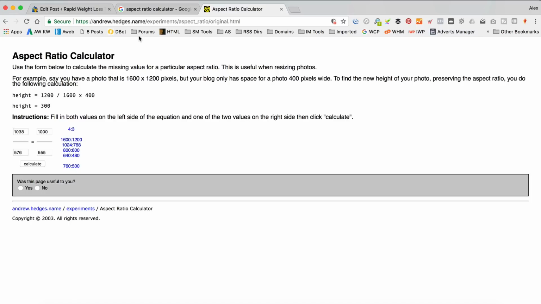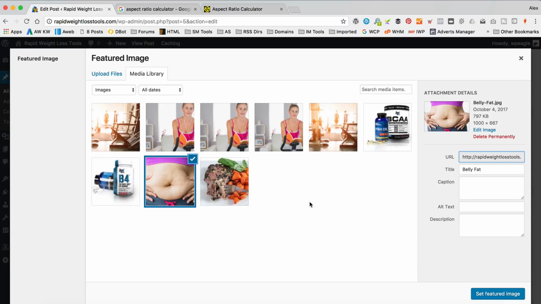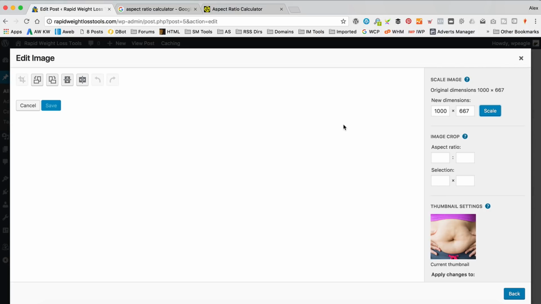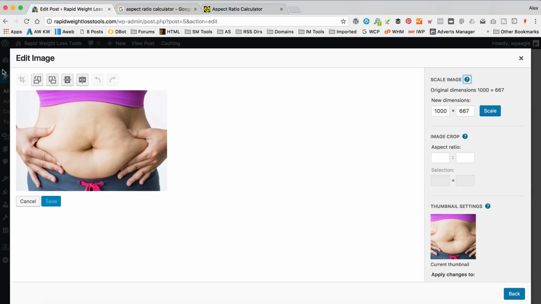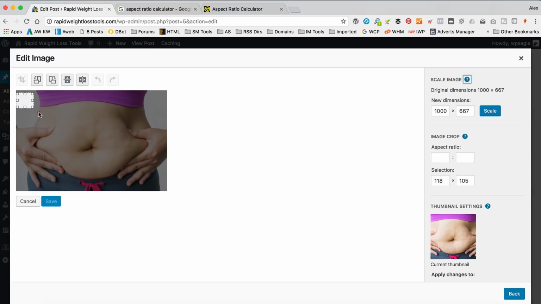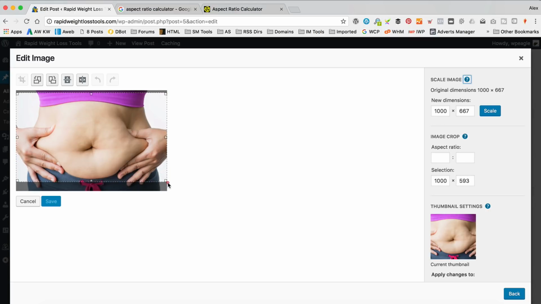So let's adjust the size of the image now. The good thing is that you can edit images within WordPress. So I've selected the belly fat there, and if I click edit image, and then if I just highlight the kind of rough shape and size that I want, I could then type in over here where it says selection, the actual real height and width that I want, 1000 by 555. Then if I click this little tool here, which is crop,